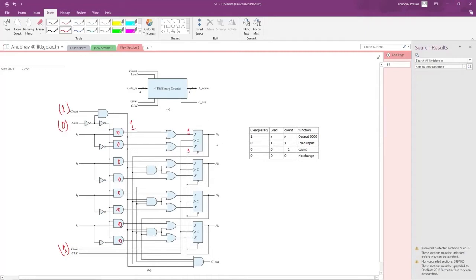So let's suppose the initial state is 0 0 0 0, and it will change to 1. Now when this changes to 1, this input will go to this AND gate, and this count was already high. This will make this AND gate high, and then these OR gates will also give 1, and it will change this JK value to 1.